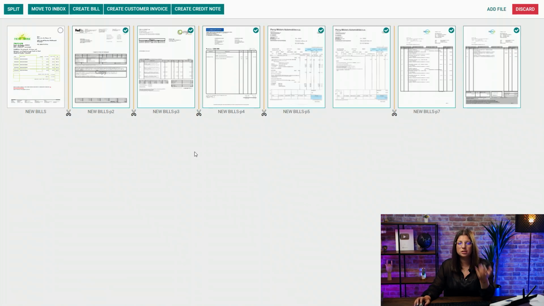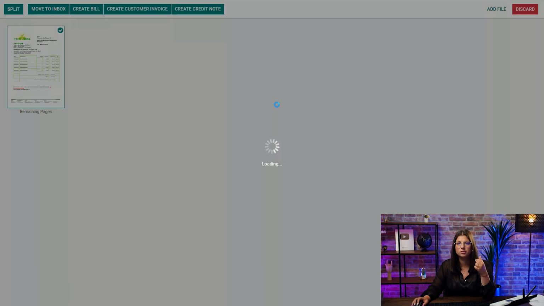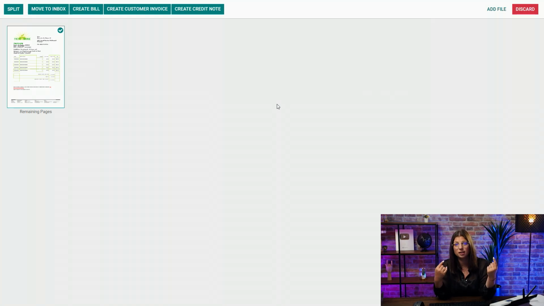Same here. Once this is done, on the left-hand side of the screen, you have different action buttons that are specific to my workspace. Here for finance, I can create a bill, I can create a customer invoice, I can create a credit note. So let's create bills, and automatically what Odoo will do is first split the PDFs into multiple ones, of course. It will create a new accounting entry for each in my accounting, attach the PDF in it, and since we have activated the OCR digitalization to be automated, it will scan all the PDFs